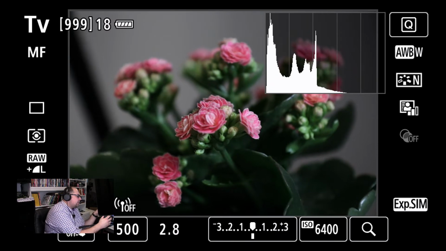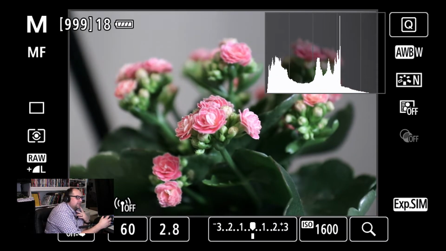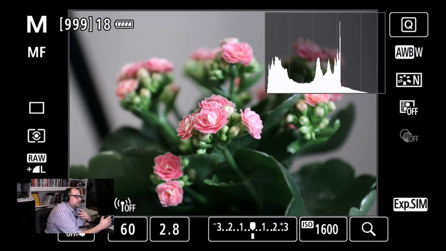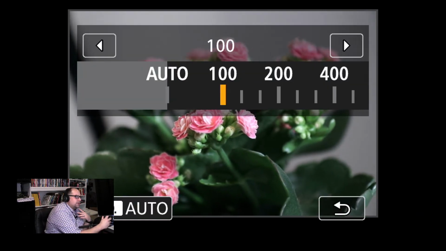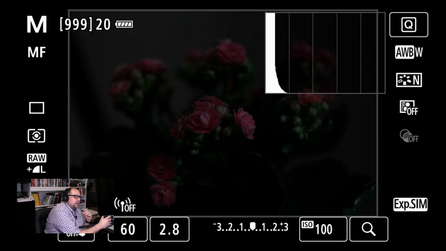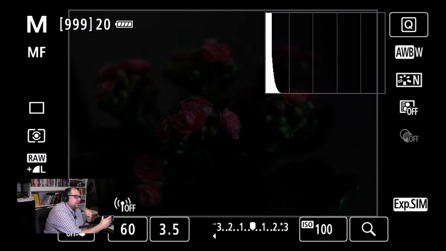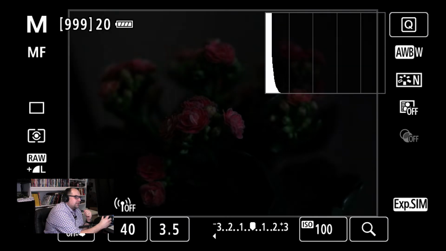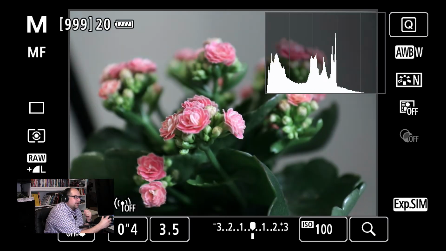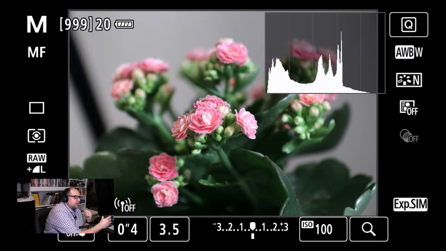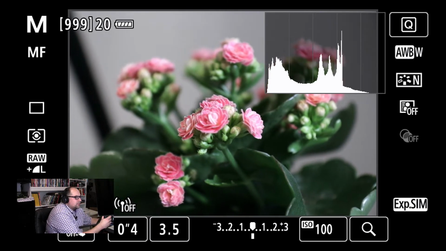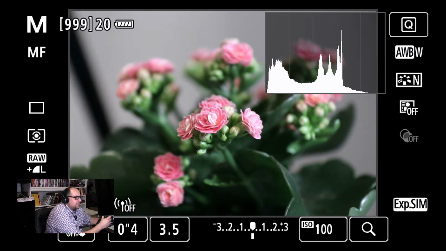So I am going to shoot this. I'm going to put it into manual mode, and I'm going to set the settings myself. I am going to set my ISO to 100, so I want what I would consider the most detailed image. I know that this camera doesn't shoot super well at f2.8, so I'm going to go a little faster with that, and then I'm going to slow my shutter speed down to get a proper, or what the computer thinks is a proper exposure. So if I take this photo now,